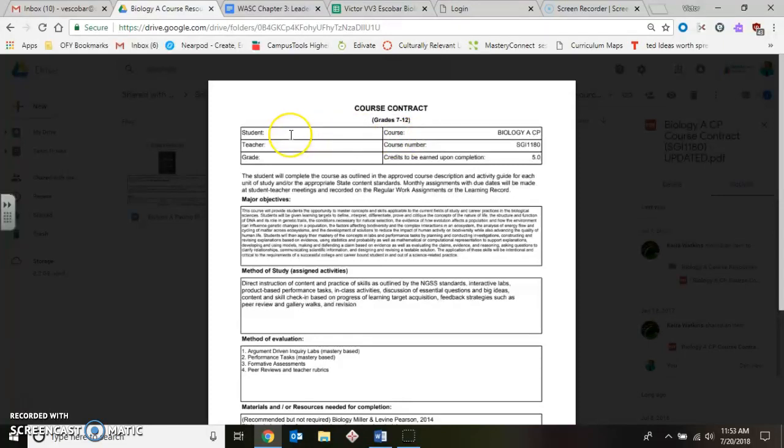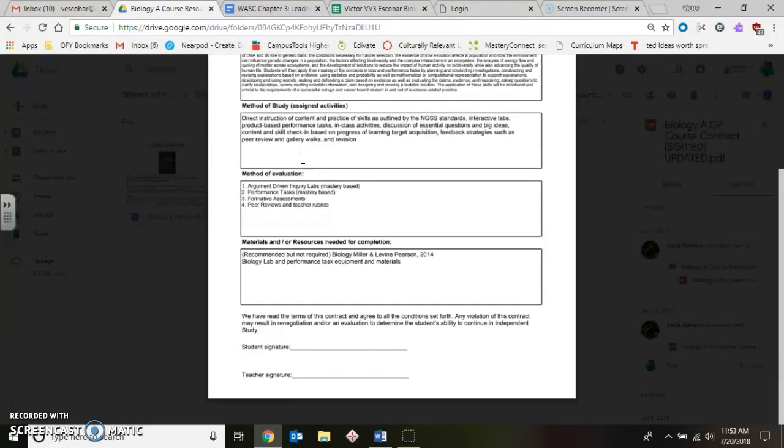The student's going to go ahead and fill out their name, okay, and this is important. Their teacher is not you, okay? The teacher will be whoever their independent studies teacher is. So they're going to go ahead and fill out the IS teacher's name here, okay? They're going to go ahead and they can hold off on their grade. Sometimes they think they're in a grade they're really not, and their IS teacher can fill that out for them,